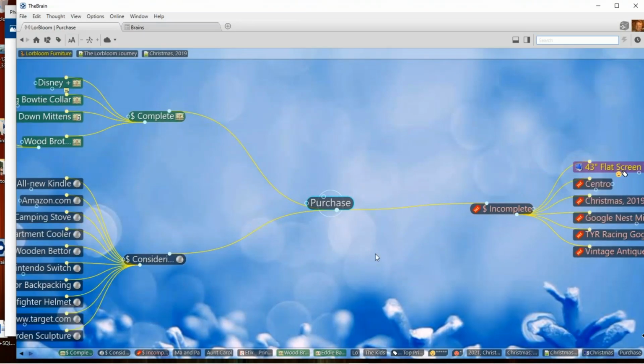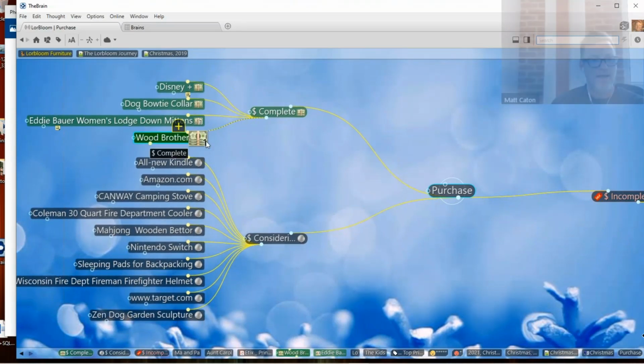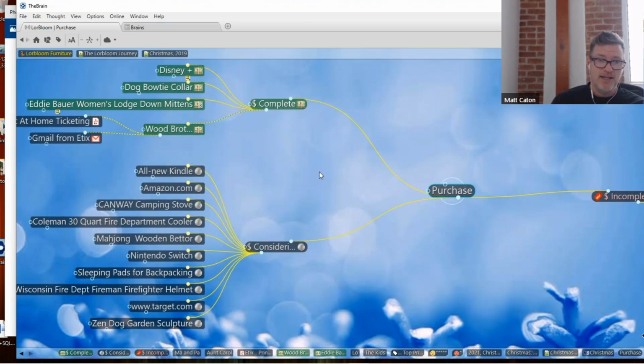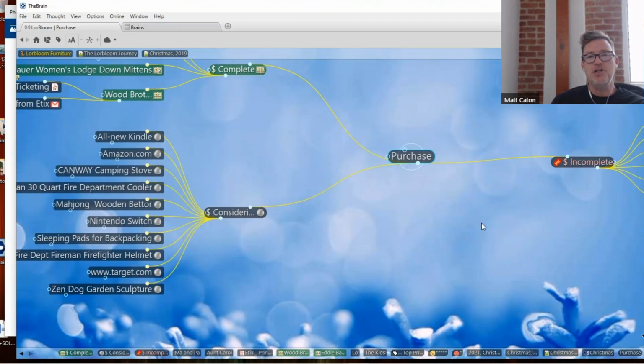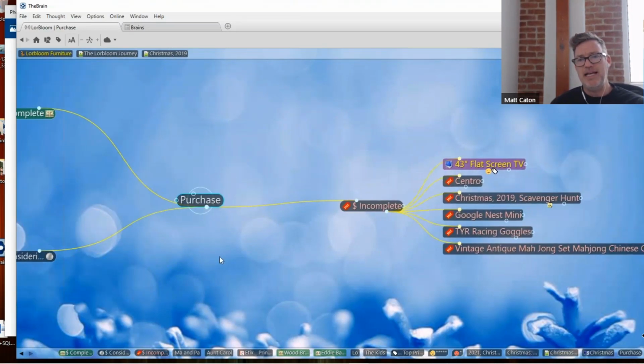In mind map view, from here I can say, do I want to view the Wood brothers? I can click on the little minus sign, and there's expanding and contracting. So if I don't want to view the Wood brothers' child thoughts, or if I do, I click to expand. There's a lot that you can do with different types of views within the brain. This is the mind map view, and as you can see, it really takes quite a bit of screen real